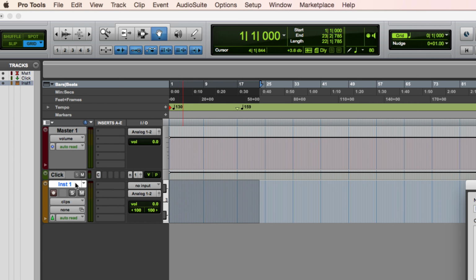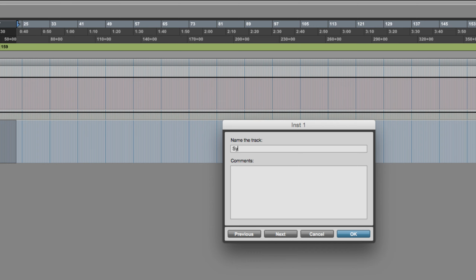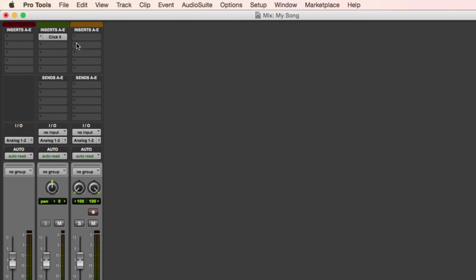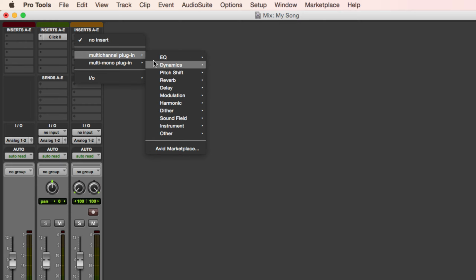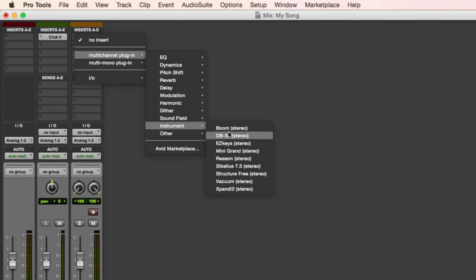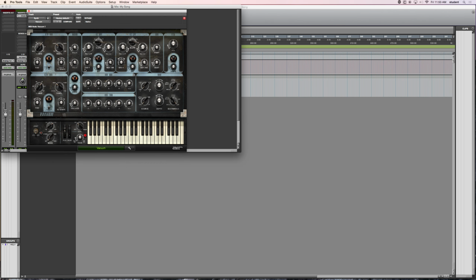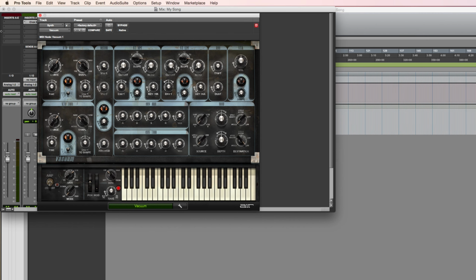So I'm going to go ahead and create a synth. I'm going to call it synth. I'm going to double click on the instrument channel. Sorry, so there's my synth. I'm going to go to the mix window, and in my inserts, I'm looking to create a multi-channel plugin instrument. Now, I'm going to open up the Vacuum because it's just a basic synth, and with my keyboard controller,